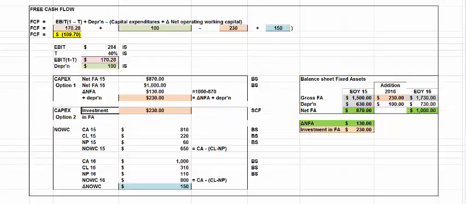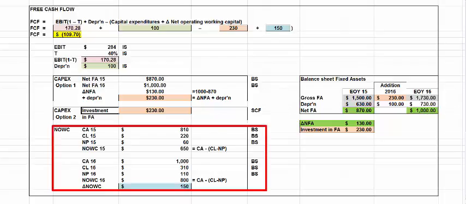Here's the bottom line. If you use net fixed asset numbers from the balance sheet, then you must add depreciation back to find the total investment in plant and equipment. Net means depreciation has been netted out. It has to be added back. If you use the statement of cash flow number, you do not add depreciation back. The statement of cash flow number can be described as the firm added so many dollars to fixed assets. Remember, we're concerned with cash, so if depreciation has been taken out, it has to be added back since it's a non-cash expense.